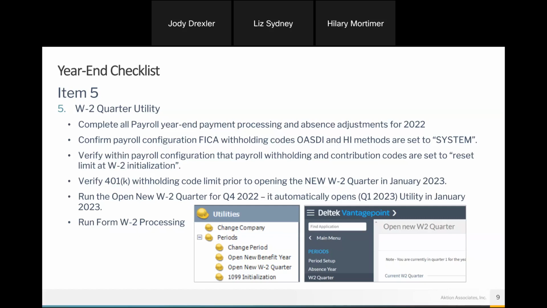I've given some information here, but the best resource is the Deltek year-end guide, and it basically has step-by-step instructions and additional information. So if you are running payroll, I would recommend opening that up on the Deltek site. And once you are ready to run this, open up the new W-2 quarter for